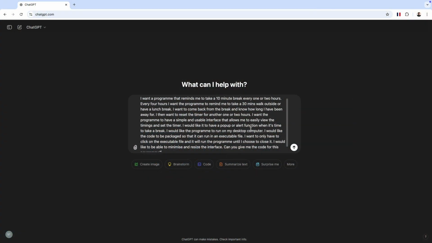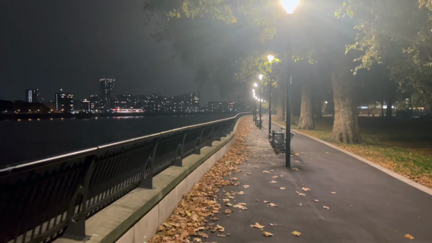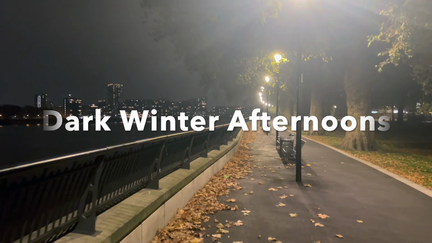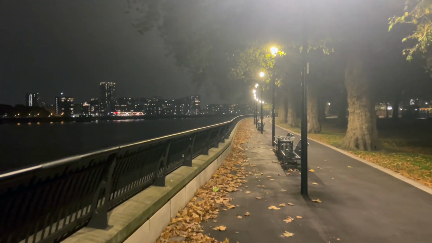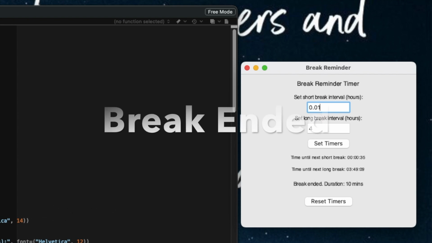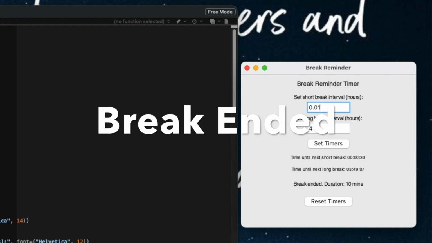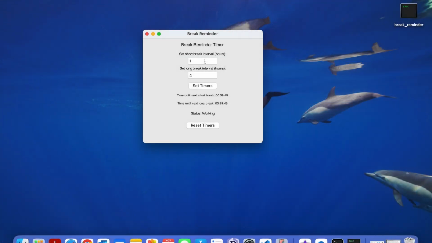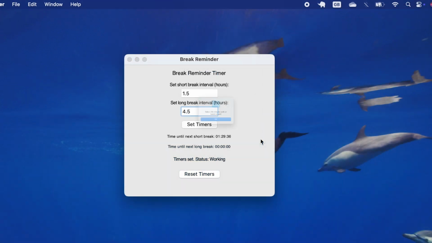I open ChatGPT and tell it that I want a program that reminds me to take a 10-minute break every 1 or 2 hours. Every 4 hours, I want the program to remind me to take a 30-minute walk outside or have a lunch break. I want to come back from the break and know how long I've been away for. I then want to reset the timer for another 1 or 2 hours. I want the program to have a simple and usable interface that allows me to easily view the timings and